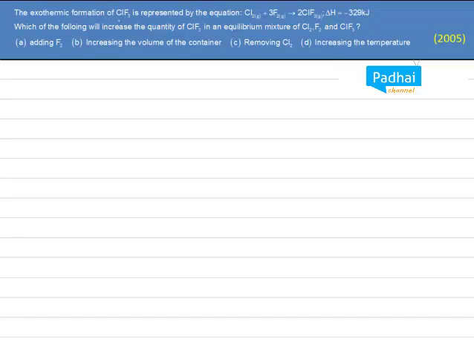The exothermic formation of ClF3 is represented by the equation Cl2 plus 3F2 giving 2ClF3. Now delta H is negative, which means this is an exothermic reaction. Which one of the following will increase the quantity of ClF3 in an equilibrium mixture of Cl2, F2 and